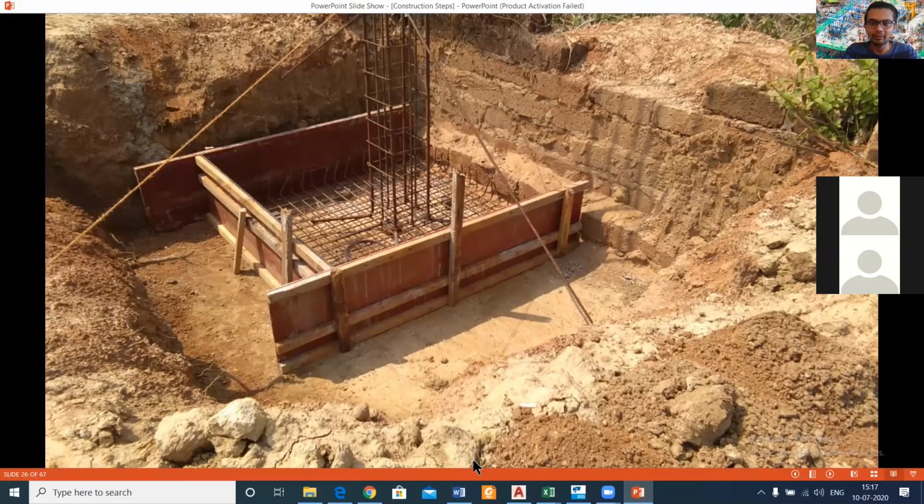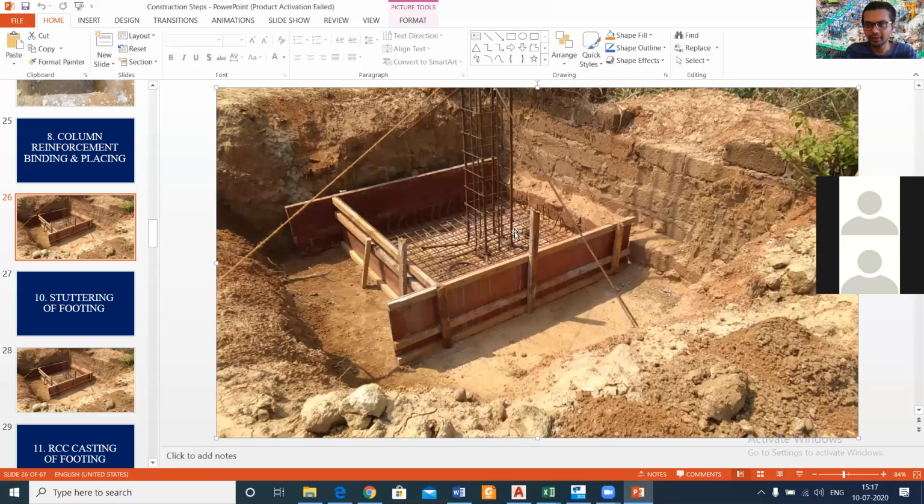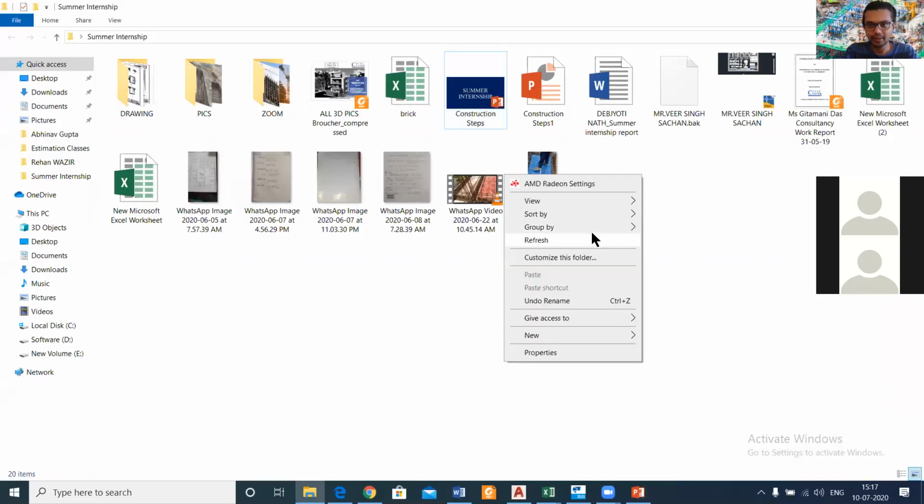Shuttering material is calculated in square meter, that is length into breadth. And as you can see, this shuttering material is supported by some pattas or props. We'll calculate this, and we'll also explain the basic concepts behind this. To move forward, give me a moment.